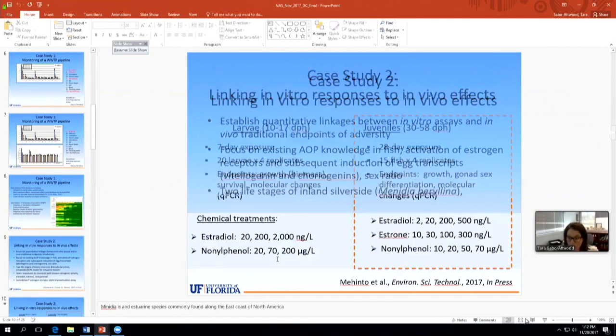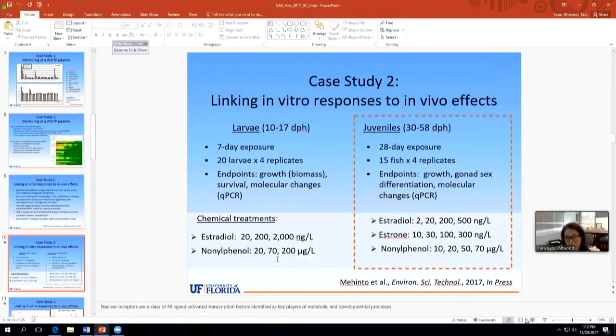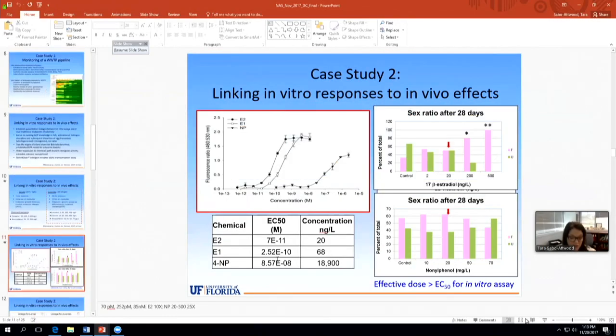And so I'm just going to talk a little bit about data as a proof of concept from the juvenile study, which was a 28-day exposure at varied concentrations to these known estrogens, which were also alluded to earlier in some of the talks. And this slide really summarizes the main results. On the top left graph, the results of the in vitro estrogen receptor alpha assays show expected dose response curves, where the farthest to the left is estradiol and the farthest to the right is nonylphenol, being a weak estrogen.